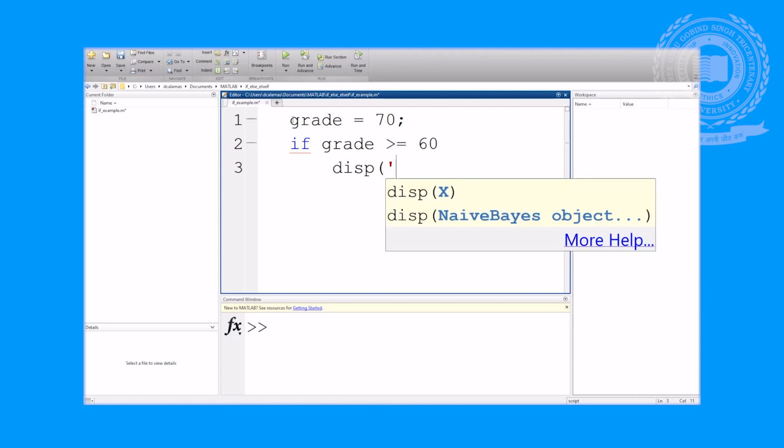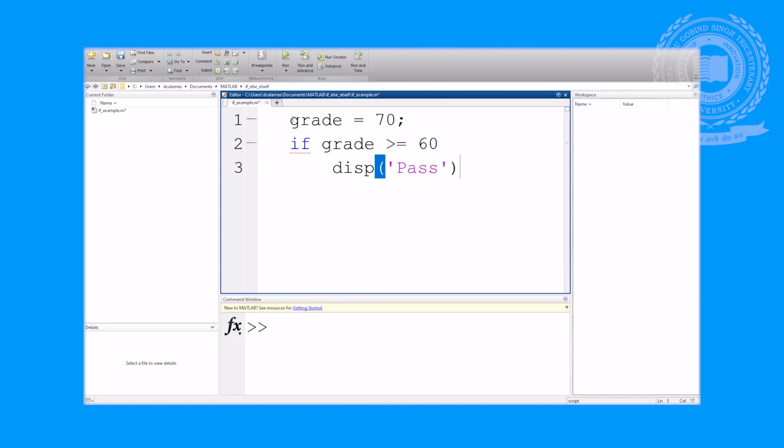So we are going to use the display function to do so. In this case, we will display pass and then we will end the program. This is how this would read: if the grade is greater than or equal to 60, then display pass, and if that logical expression evaluates as false, the program will just end.